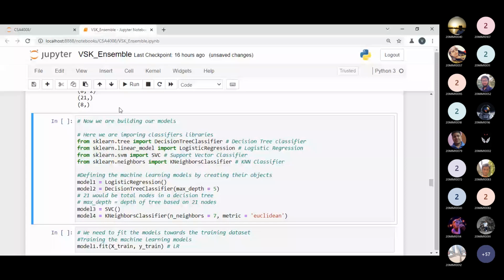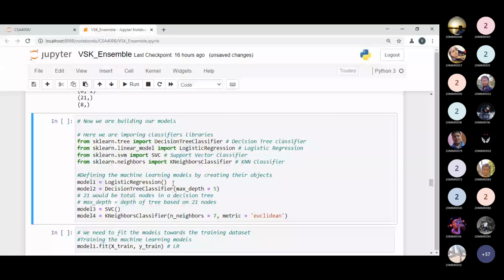Model 1, model 2, model 3, model 4 are the names of the variables representing the objects of the respective classes. So model 1 is the object of logistic regression. Model 2 is the object of the decision tree classifier, and I'm defining one parameter over here, that is maximum depth. It should be 5 only. But if you want to update, then you can update.